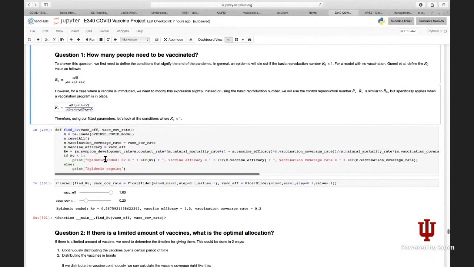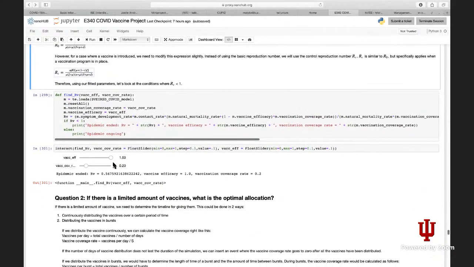So what I did here is I wrote a little function that varies RV based on inputs of vaccine efficacy and the coverage rate. And then if we calculate the RV, if it's less than 1, we're going to print that the epidemic ended along with our 2 parameters. And if not, we're going to say that the epidemic is ongoing. What I ended up finding is that you're going to need at least a 100% efficacy or very, very close to 100% efficacy and need at least 20% of the population to be vaccinated. You'll notice if I decrease this to 90%,